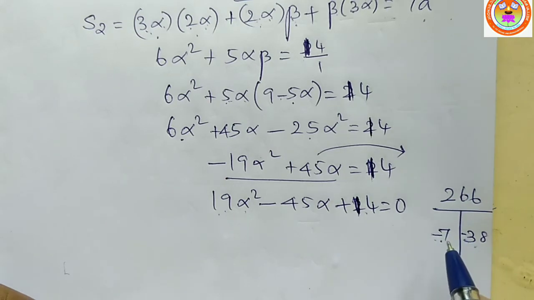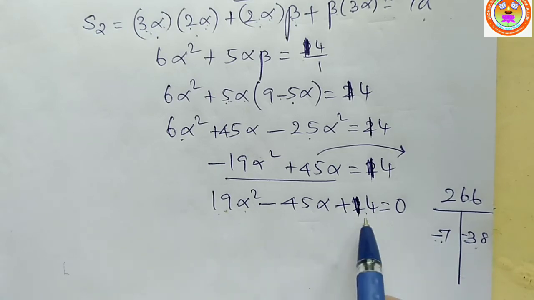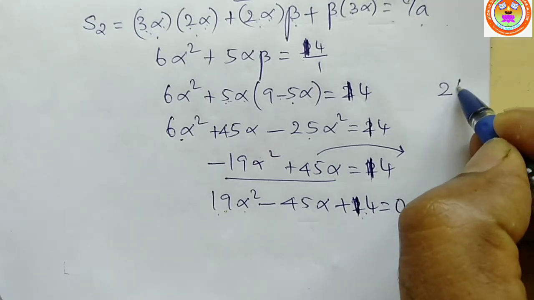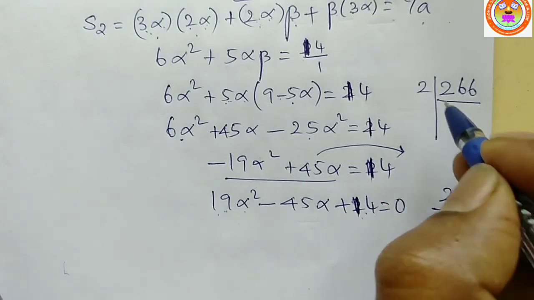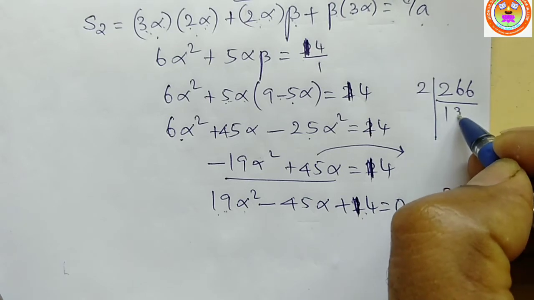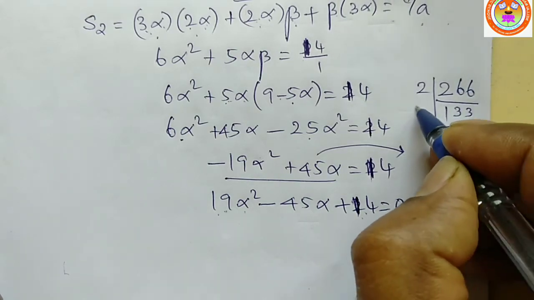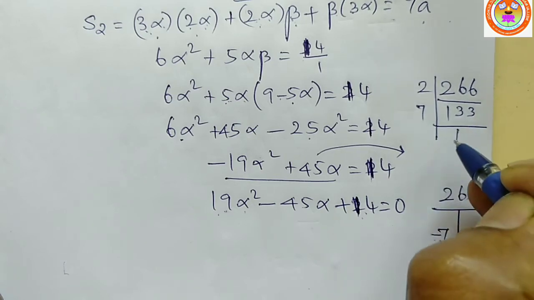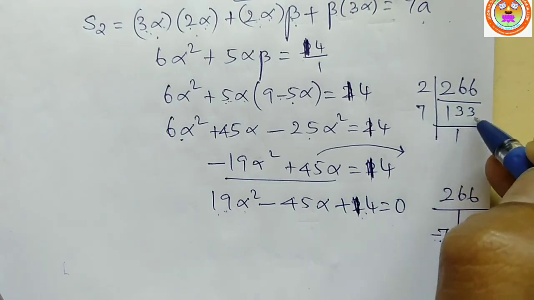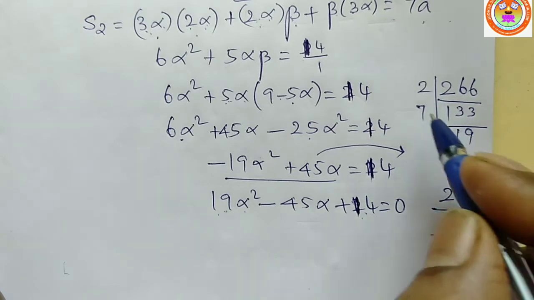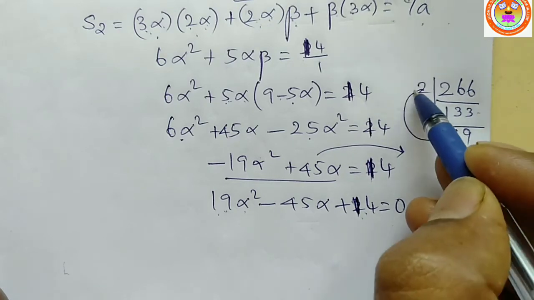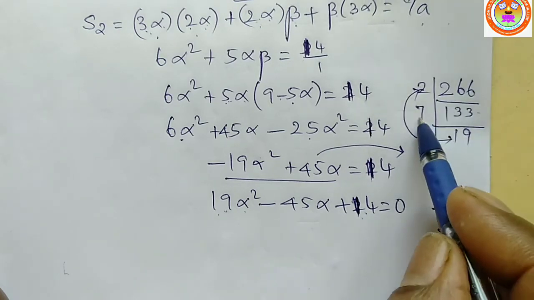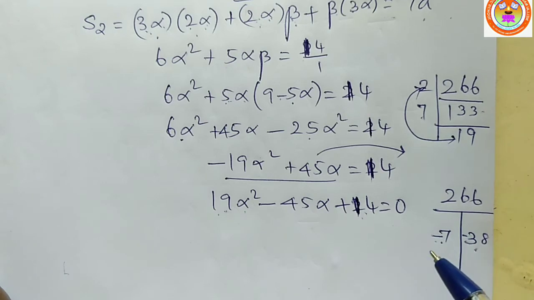If you are not knowing to obtain these factors, it means very simple. When we are multiplying 19 and 14, we get 266. Go for factorization. 2 times 2 table will go 1, 3, 3. Now 7 will go. 1 times 7 is 7. Balance 6, 63. 9 times 7 is 63. So if we combine 2 and 19, we will get 38. Then 7. 38 plus 7 is 45.